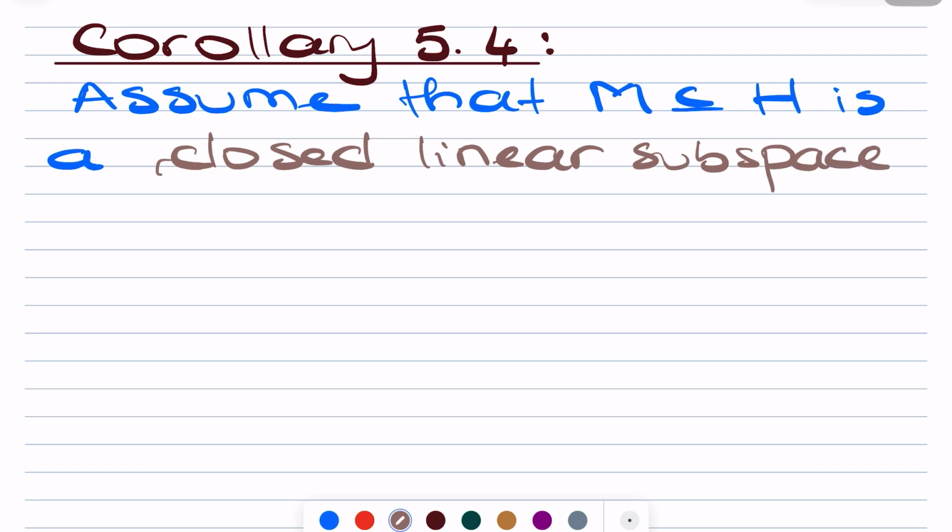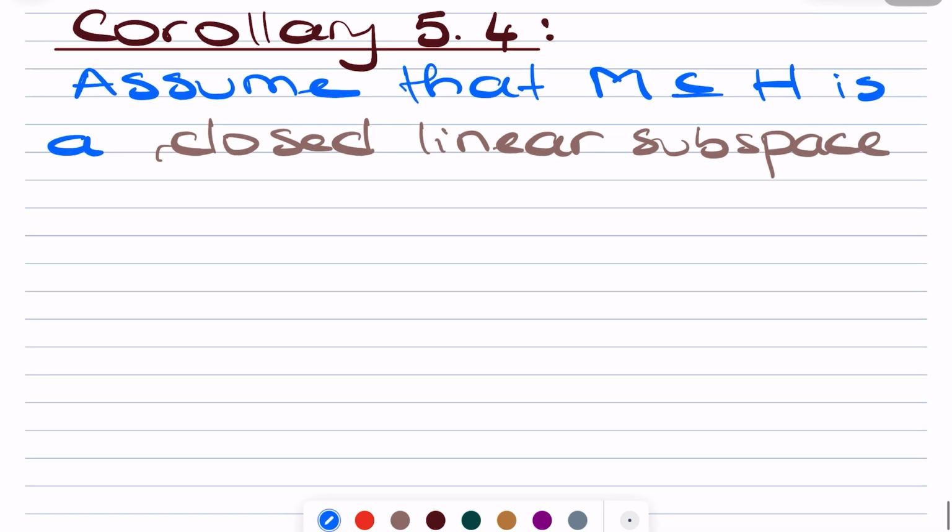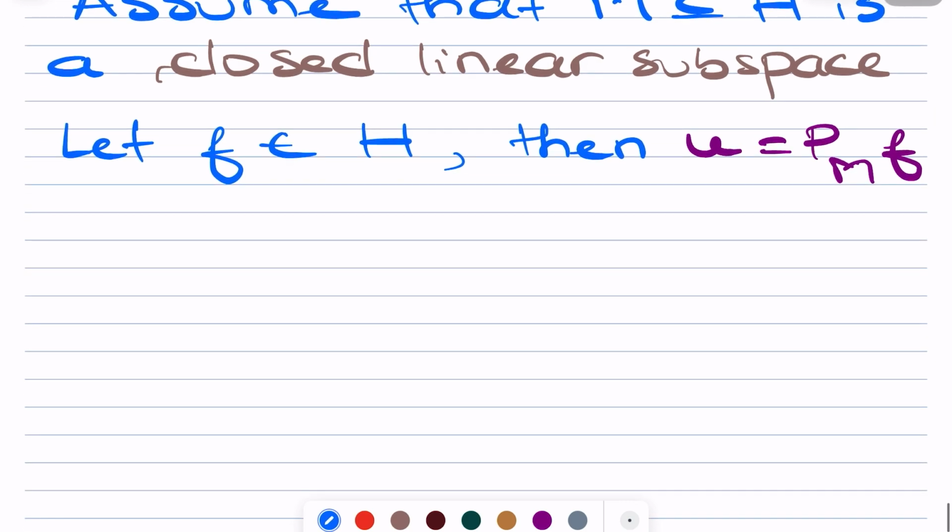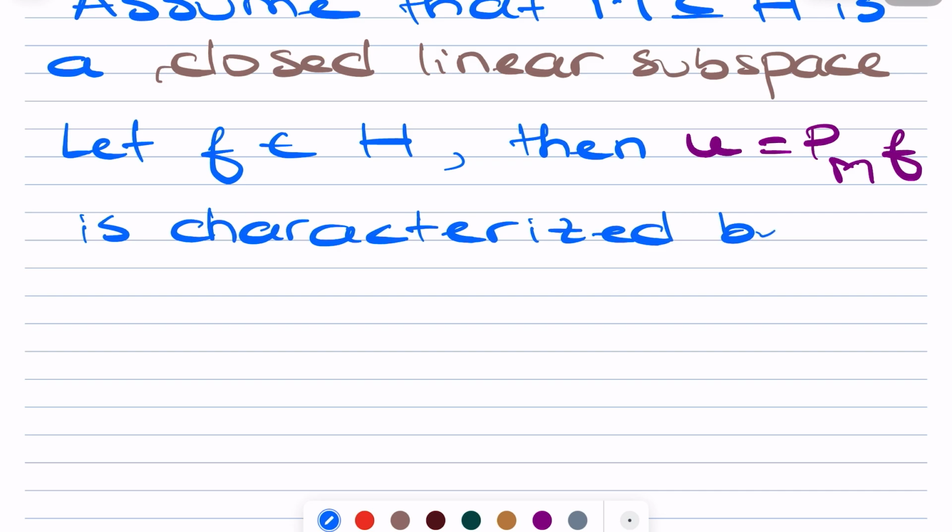Now let f be an element of the Hilbert space H. Then the projection of f onto the closed linear subspace M is characterized by, we call it (8),